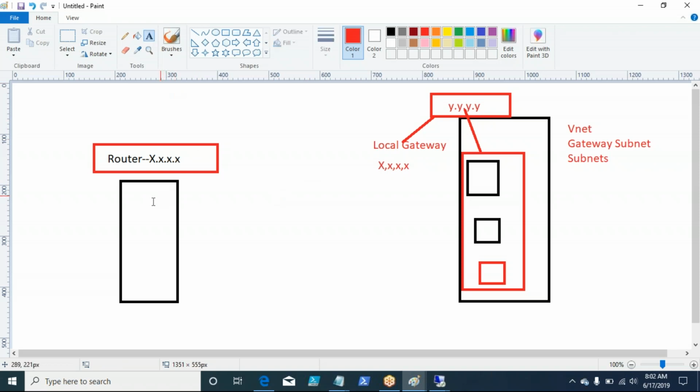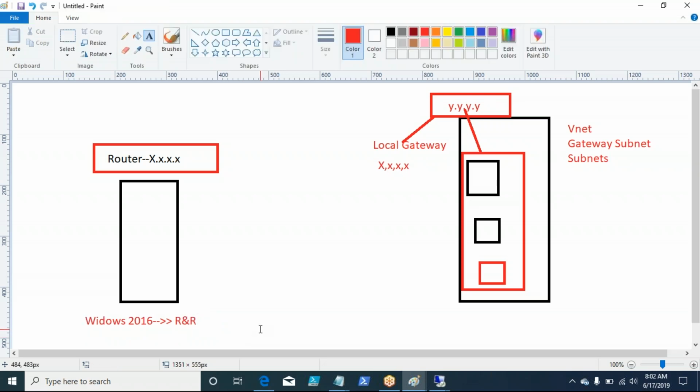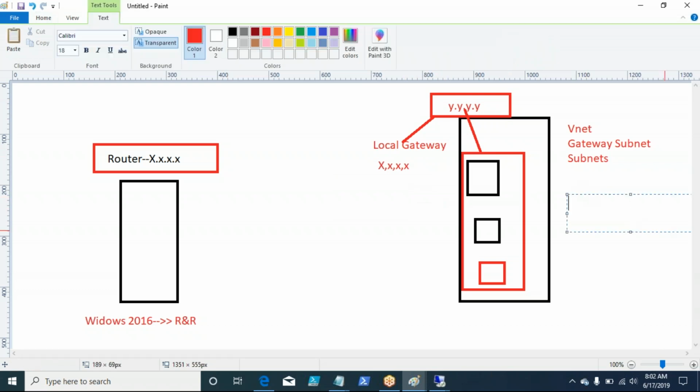Now for our lab, what we will be doing is we are going to use Windows 2016 routing and remote access, which will act as a router. And on this router, we'll configure our Azure gateway. Now this IP address range is